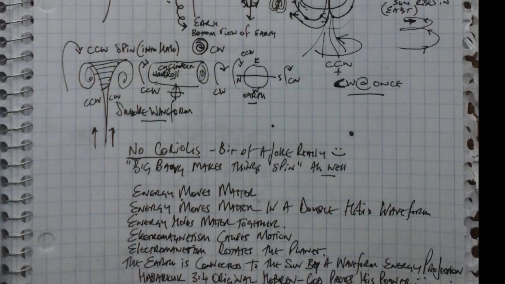Matter can't move itself. The Coriolis effect is a pile of nonsense. It's a bit of a joke, really. The Big Bang makes things spin. No, it doesn't. Because all these forces that are supposedly acting upon each other in the Big Bang universe, everything would have stopped by now. But it's not. It's still chugging along, because energy from an electromagnetic waveform is coming from the sun and it is turning the